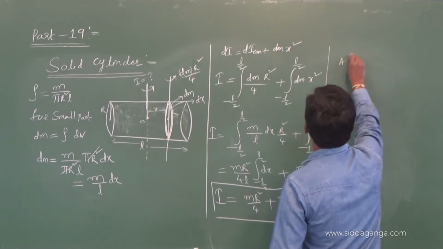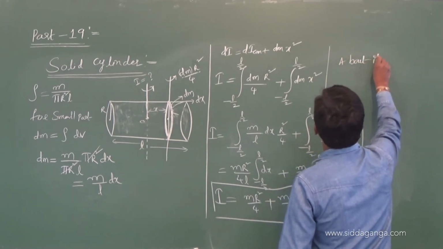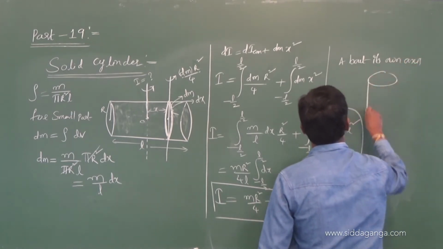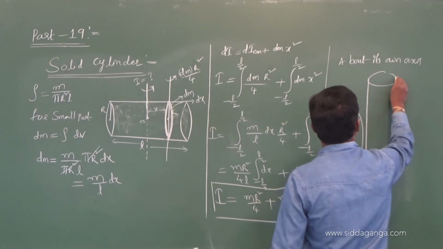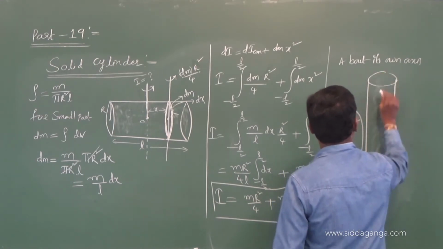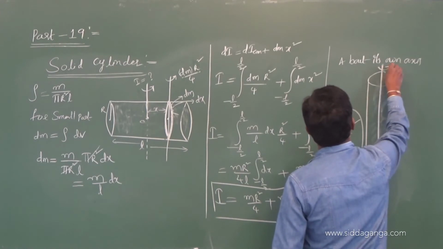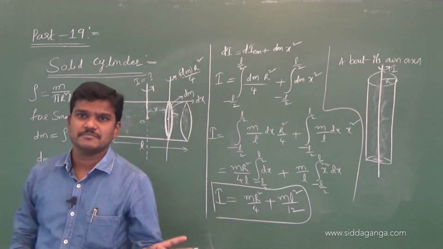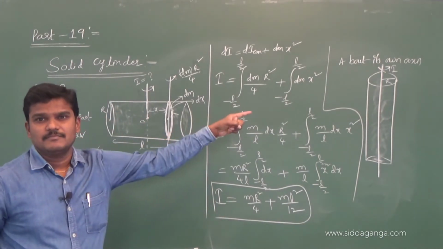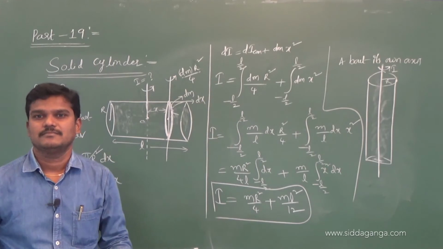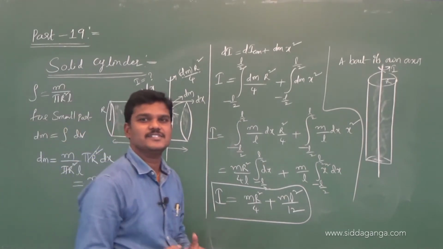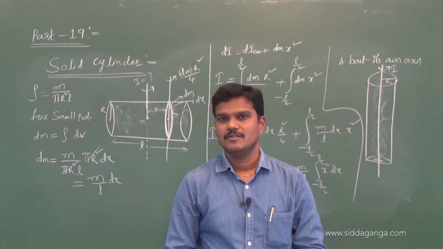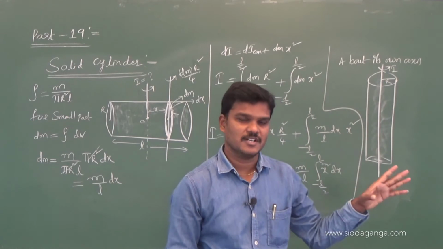We can find it about its own axis also. About this axis, the radius is r. About its own axis means you just cut a small piece from that. That small piece looks like a circular disc of radius r. Let us suppose its mass is a very small m, a small amount of mass in that circular disc.